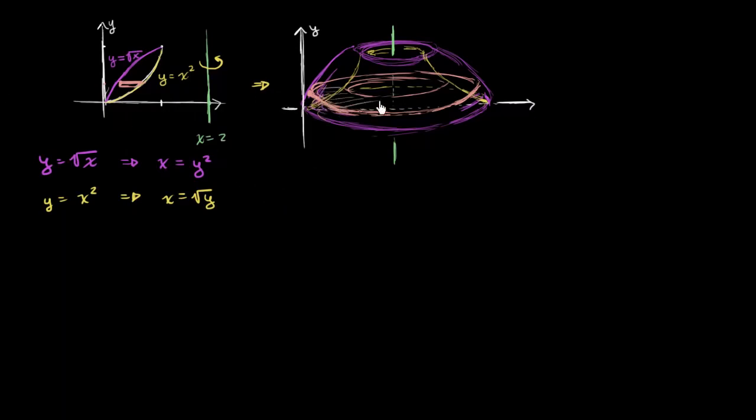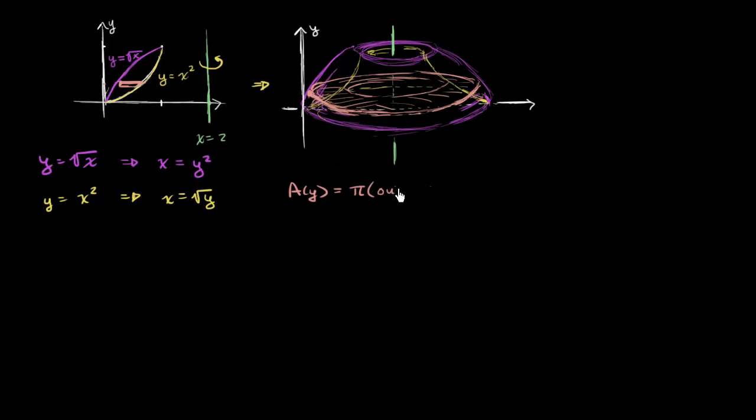So the area of the surface right over here in orange as a function of y is going to be equal to the area of the circle if I just consider the outer radius, and then I subtract out the area of the circle constructed by the inner radius. So it's going to be pi times outer radius squared, minus pi